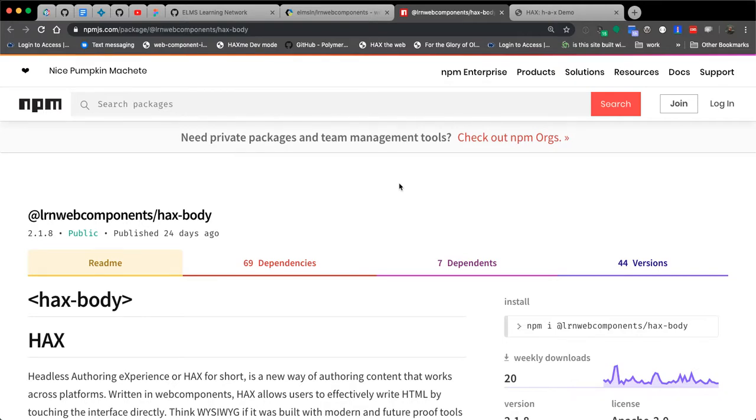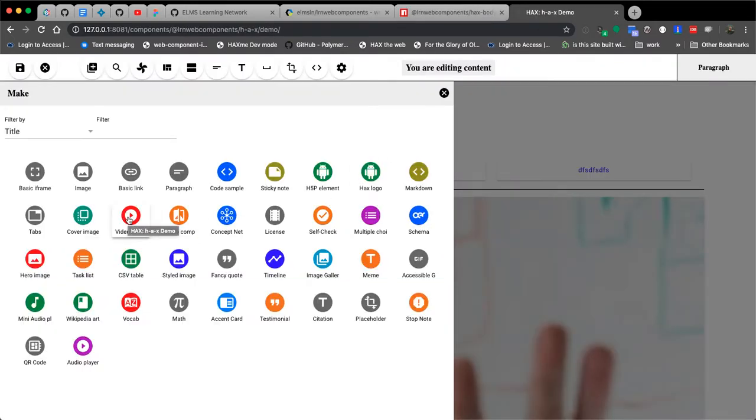Okay, last step. So we've made our changes. I want to step through what that looks like for our team to get this out to a 2.1.9 release of HAXBody, or whatever the next semantic version will be here. So the previous one, just a super refresh. I converted this and updated some of the CSS, so that's just a lot more efficient. Uses way less processing to handle, and sets us in motion for using lit element for these as opposed to